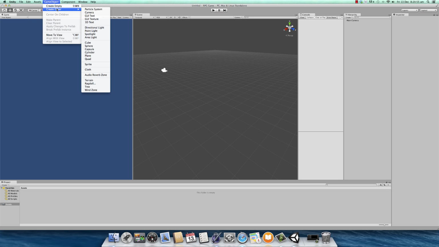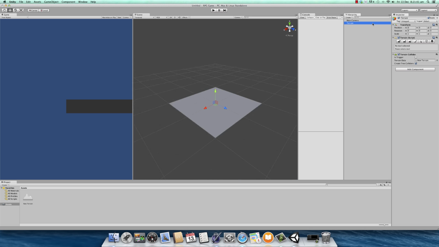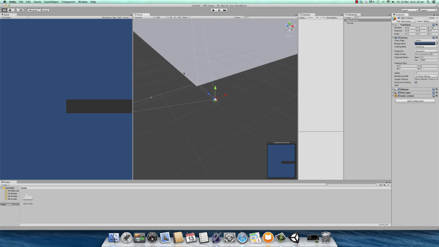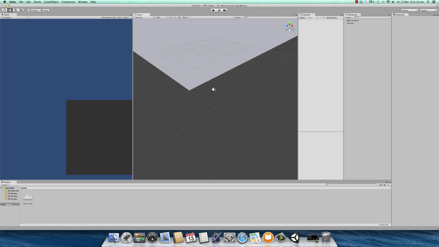So that being said, first we're gonna create a terrain. Now a terrain is basically where our character is gonna move and stand on. And by default, Unity always creates a main camera. You can scroll in and scroll out for zooming in and out. You can press Alt and move your mouse to rotate around, and use your arrow keys to move front and back. I'm just gonna set our camera so it looks at the terrain